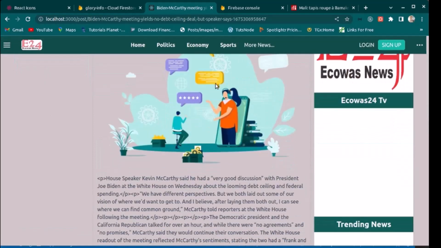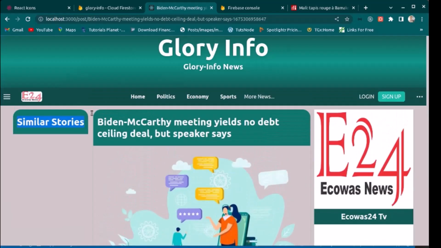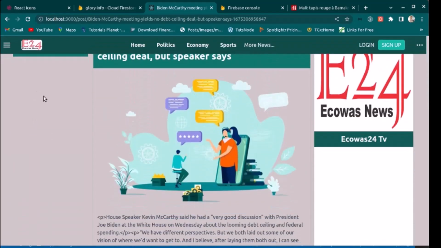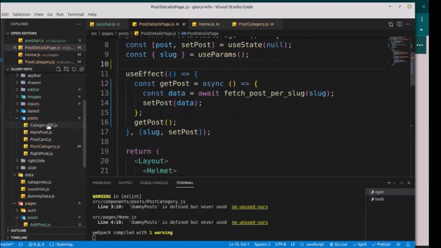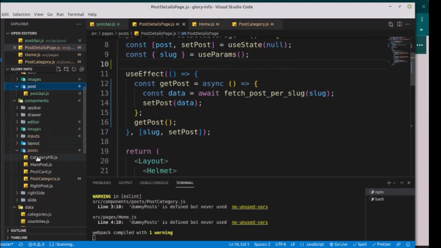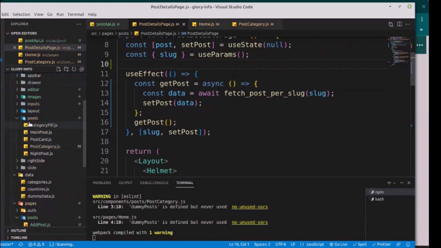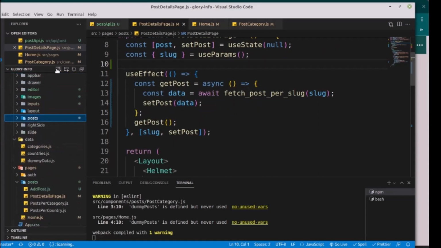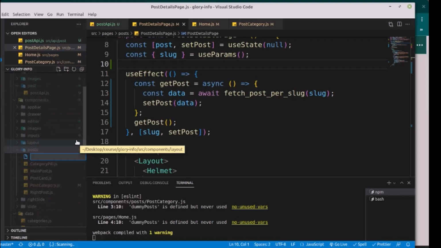Okay, so if you have an economical post here, we want some economic posts to appear here. To do that, let's go back and create a component that we call similar post. So that will be in this component. In the component we have a post. Here we'll create a component in the file called similar